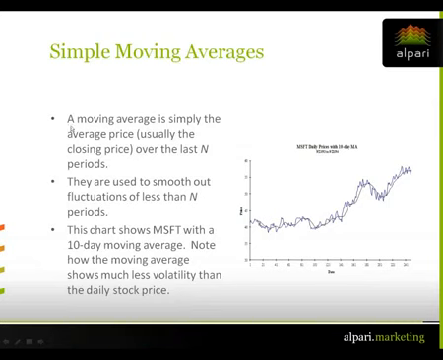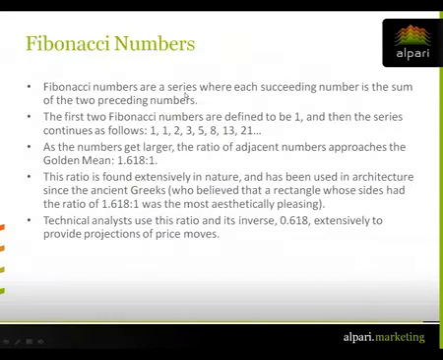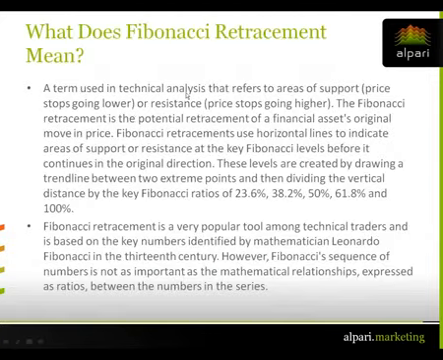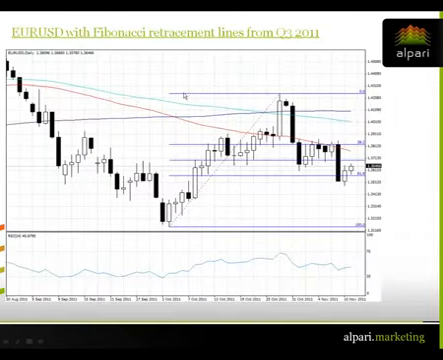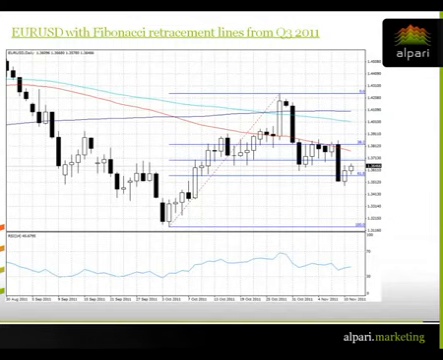Now, the last thing I like to use, and it's a little bit more complicated than the other things, is Fibonacci numbers. Now, I won't go through necessarily the mathematics. I'll show you some of the examples, but basically, the Fibonacci numbers are a form of support and resistance, and they were generated by this 18th century mathematician Leonardo Fibonacci. I think he's a lot older than that, to be perfectly honest. But the way you look for them is by adding these fib numbers and you're looking for a retracement. This is the way I use them.